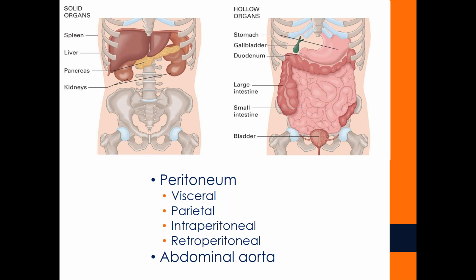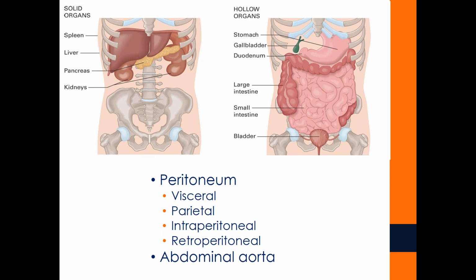internal hemorrhage. If we look down at the lower quadrants now, we're gonna move over to the right side of the picture here. Now, arguably, yes, there are hollow organs up in the upper quadrants as well, but in the lower quadrants, what do we have more of there, hollow or solid? Hollow. Hollow, and all of those hollow organs are more susceptible to rupture and spilling their contents into the abdominal